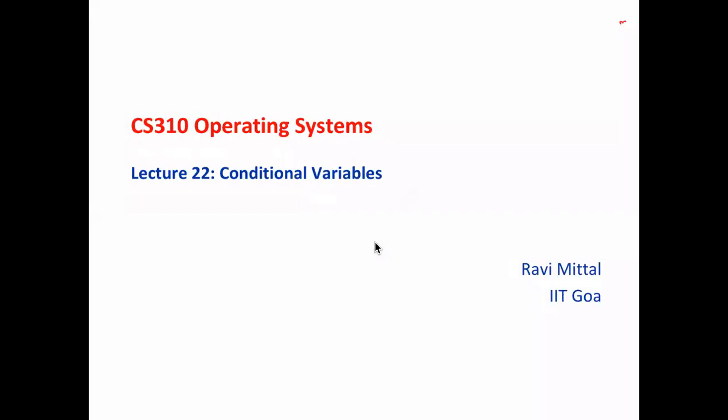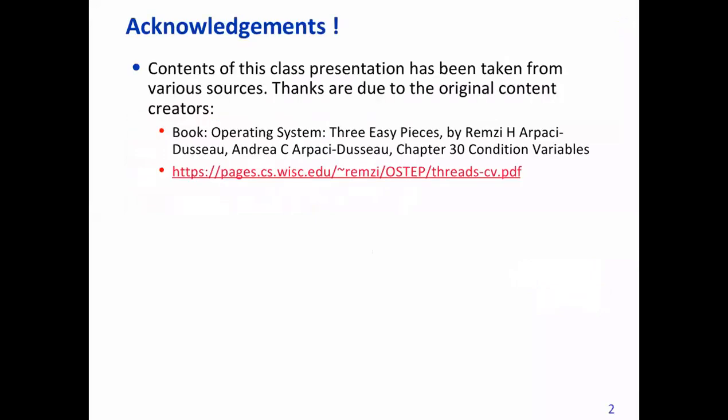All right, folks. So let's discuss the next primitive that we'll use for synchronization. It's called condition variables, not conditional, it's condition variable. Now all the contents for this lecture is taken from the OSTEP book. You can download this chapter and read it, and also there are a lot of programs given in the chapter. You can download the programs from their website.